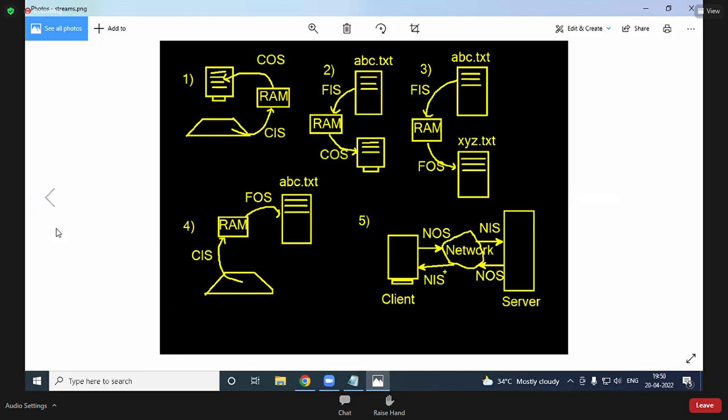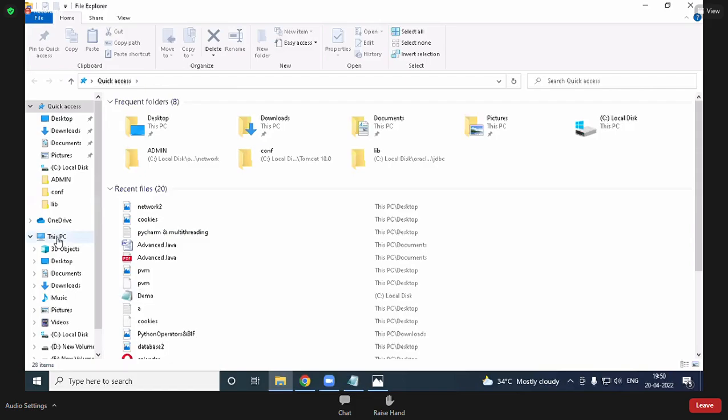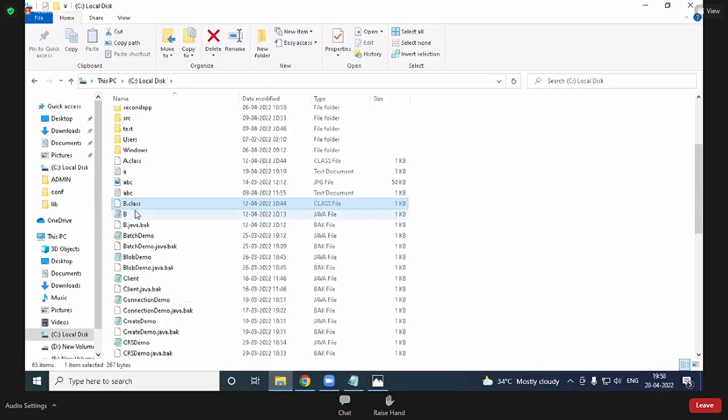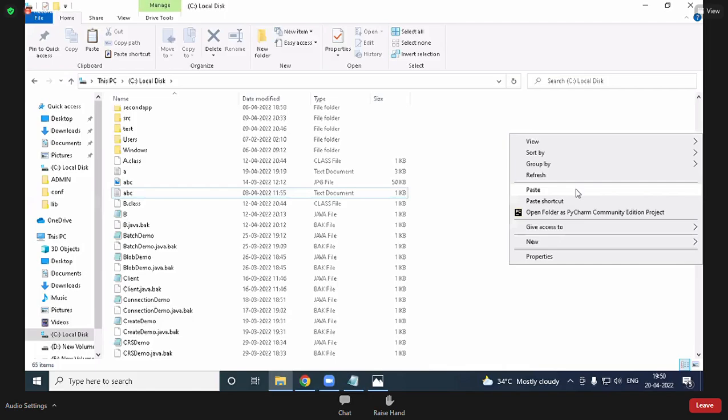Actually, you open the C drive, and this is one file. If you want to copy, what will we do? Right click, copy. Again, right click, paste. But actually a program is running in the backside, no? You are only going to click. A program will be there in the backside. That program you are going to learn.